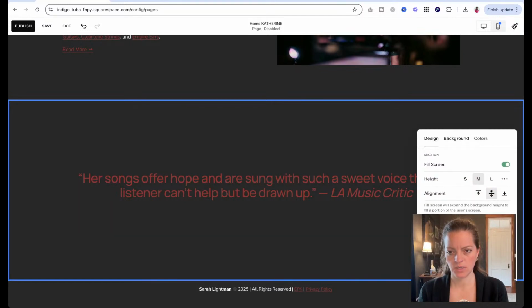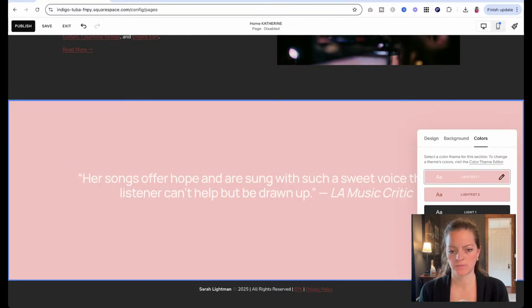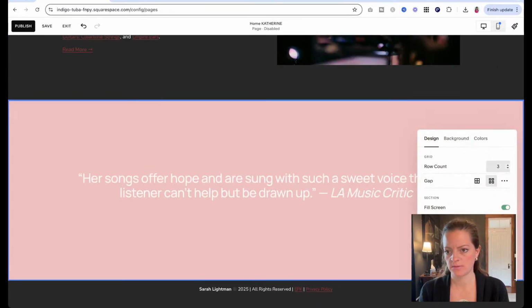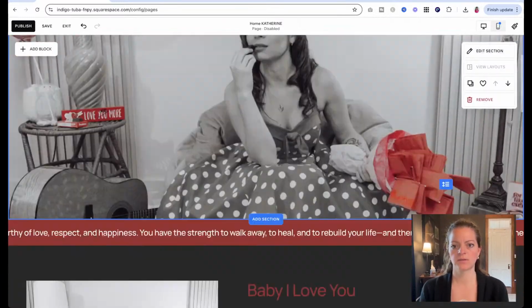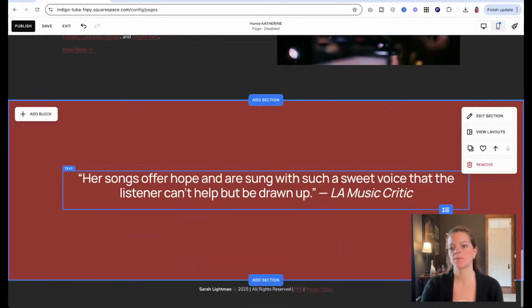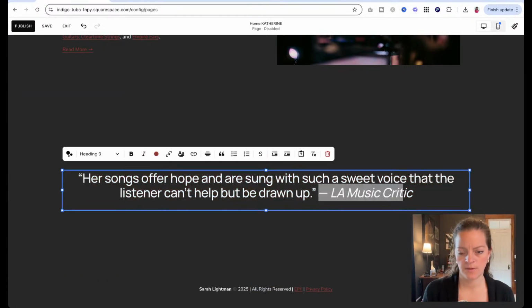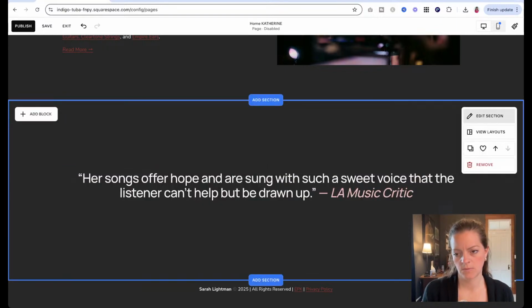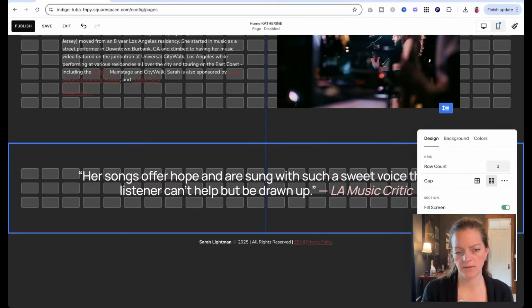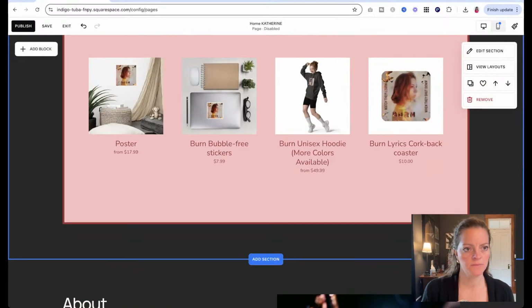Let's see what a different color would look like here. I think that's just too bright for me. And we've already got the red up here. I think that's spaced out enough to where we could use it, but I might keep it as the dark. And then maybe we do this. And we'll make the spacing less here. Okay. And then